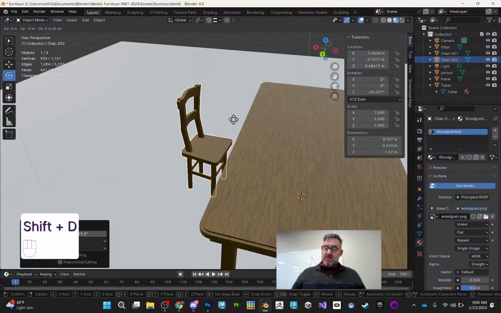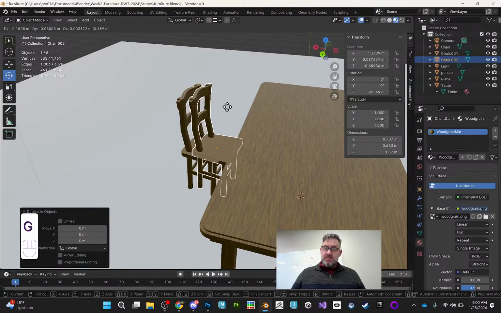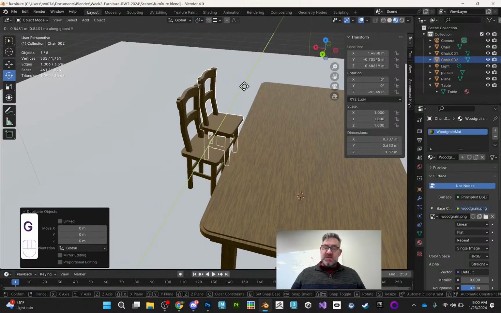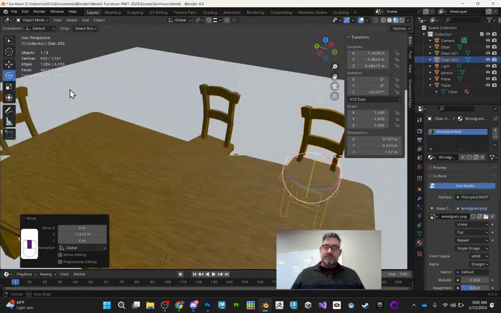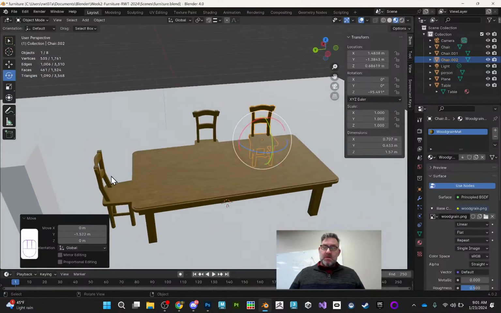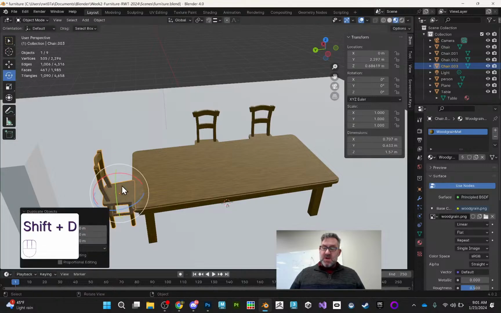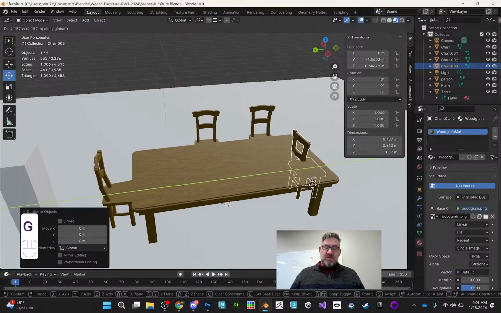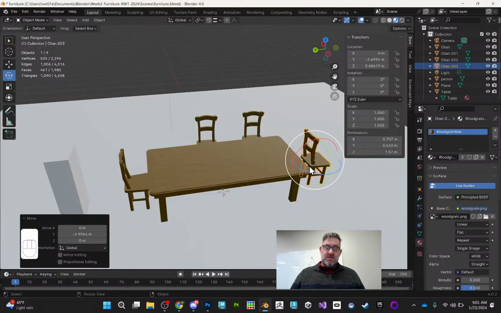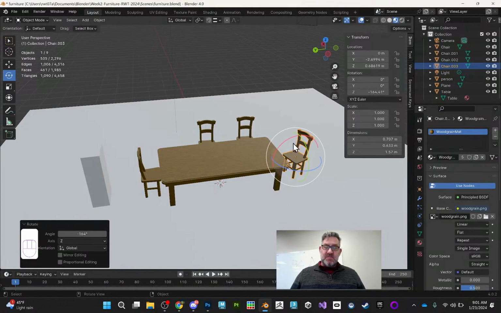Same thing, Shift D, Escape, G for grab, Y, just to go on the Y axis, and just move them along there. Shortcut this guy. So Shift D, Escape, G, Y, move him directly across. R, Z to only rotate on the Z axis, and then to spin them around. And now I've got 4 chairs